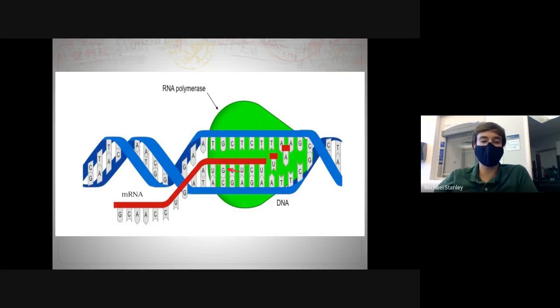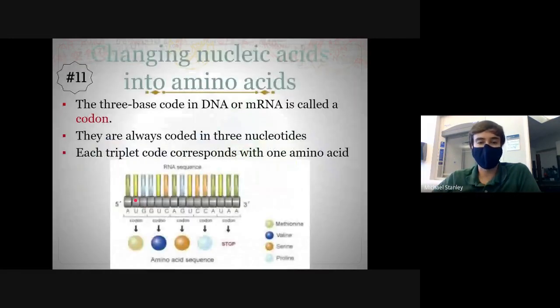So the exact same setup as if we were copying DNA, but no T's in mRNA. Instead, we swap out anywhere that a T would go with a U. So after we make our mRNA, that then heads out of the nucleus and over to the ribosome. As the mRNA makes its way through the ribosome, through that protein factory, the ribosome is reading the mRNA